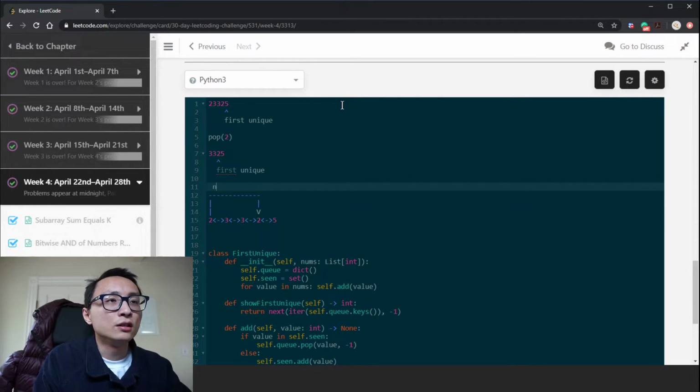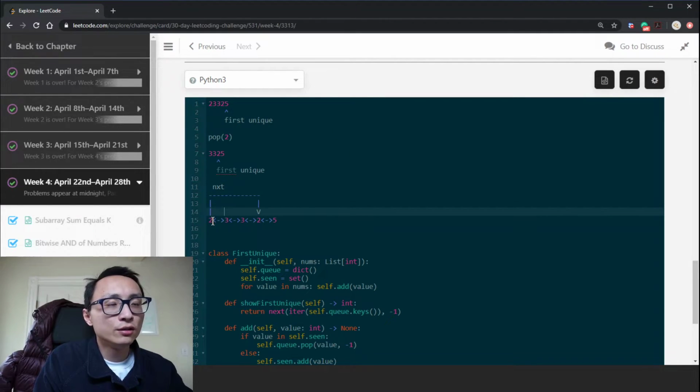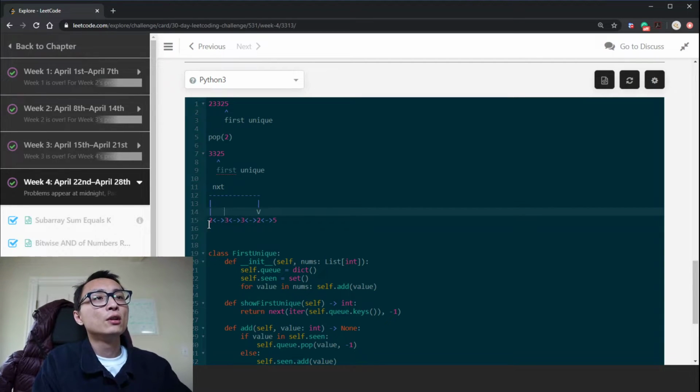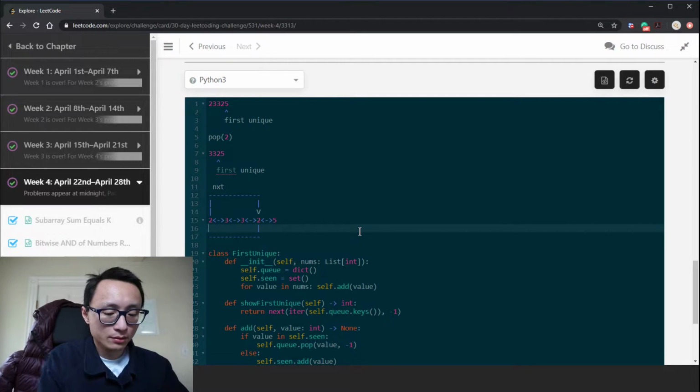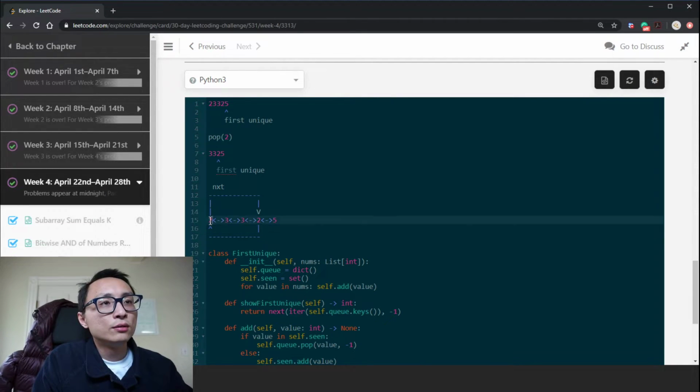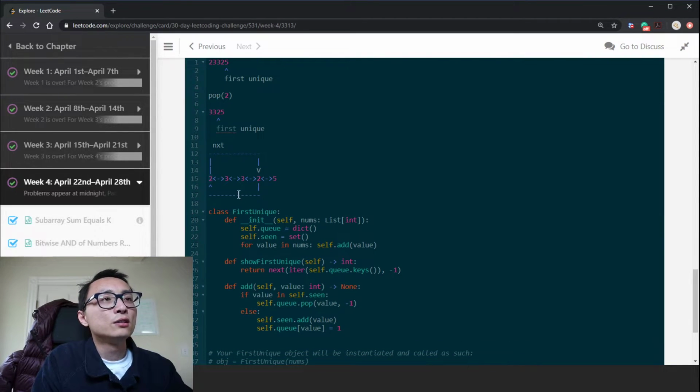let's call this the next pointer. For every integer node, a node representing the integer on the queue, it has a next pointer pointed to the next available value on the queue, and the node also has a pre pointer that points to the previous occurrence of the same value in the queue,